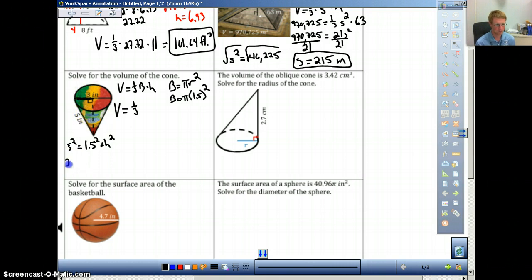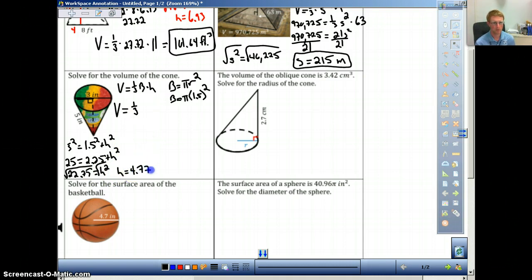And then we go to it. 25 equals 2.25 plus H squared. So then we're left with 22.75 equals H squared. Again, we minus 2.25 from both sides. Take the square root of both sides, and we get H equals